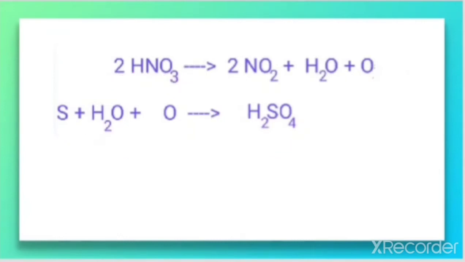Now look at this equation. Is it balanced? The previous one is already balanced, as we have checked. What about this equation? There is 1 sulfur and 1 sulfur, 2 hydrogen, 1 oxygen here, 1 oxygen here, but on the product side it is 4 oxygen. That means it is not balanced. Oxygen is not balanced: 2 oxygen on one side, 4 oxygen on the other. So here we can add the number of oxygen which is required.